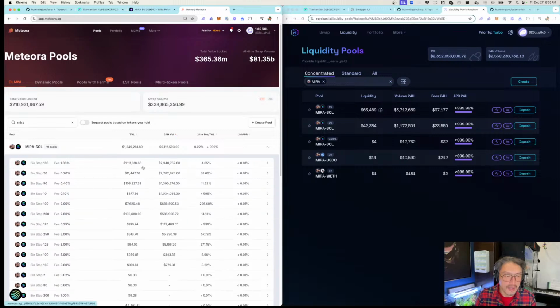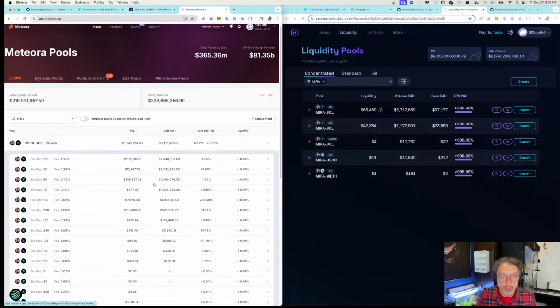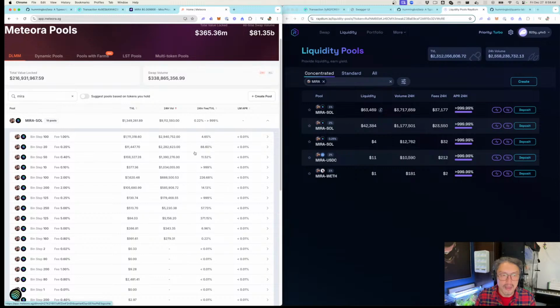Here, let's see. So there's much more liquidity for Meteora on Meteora. We can see that the TVL here is pretty good. The one thing I try to avoid is the low fee, even though we use this pool to buy it. I don't want to LP for this pool because this bin step and this fee range are too tight, and this token is very volatile. So the IL, I don't think the impermanent loss in this pool is going to compensate me for providing two-sided liquidity to this. So that's why I think instead what I want to do is